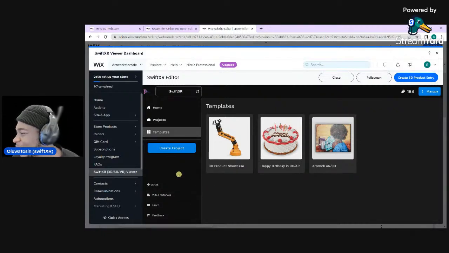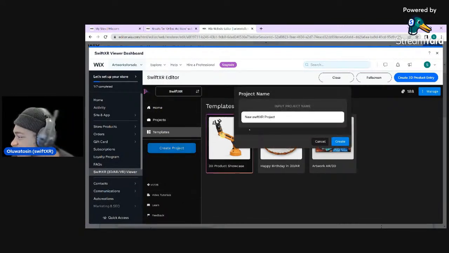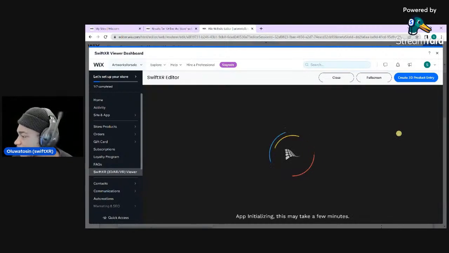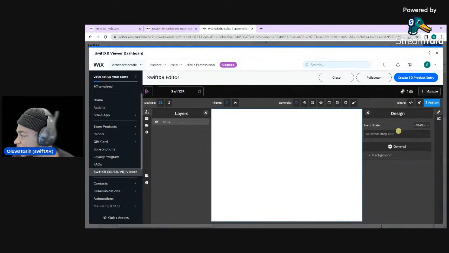Right. So now that we have this, let's click on create project. And in here, I will just call this Wix product underscore 01. And I will just click on create. And that should initialize our SwiftXR editor. Right. So now in our SwiftXR editor, it's an empty state. It's basically blank. It's just an empty canvas. And to get things started,